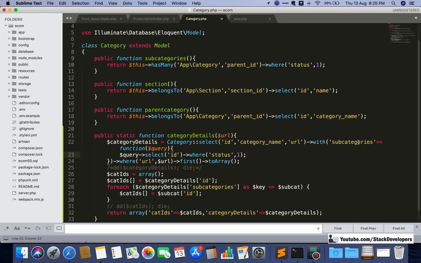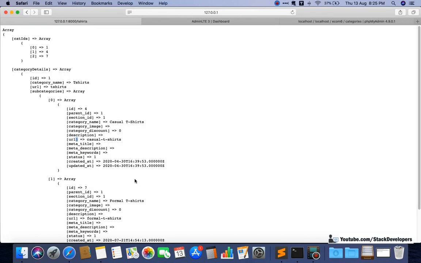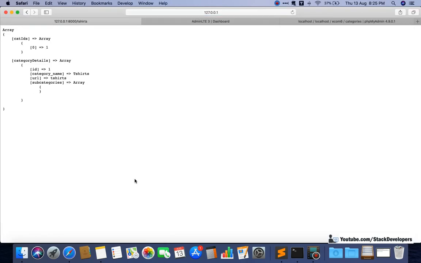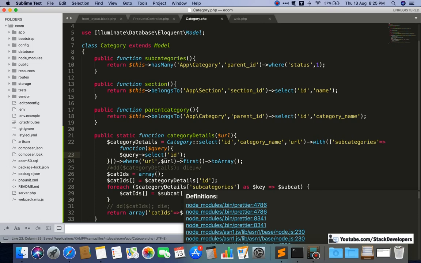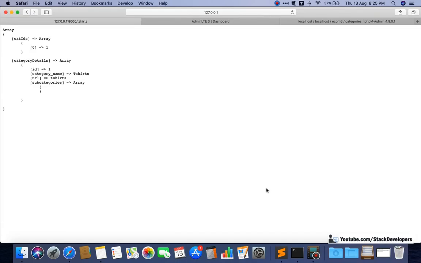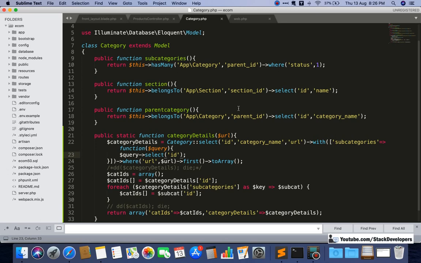So we can do it like this, and here we need to add the square brackets. If you don't want to use this select query, then it's your wish. See the subquery, now it is showing like this. I will not use this one, only the ID if I require. Check once why it is not coming.